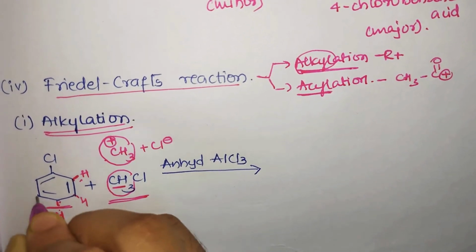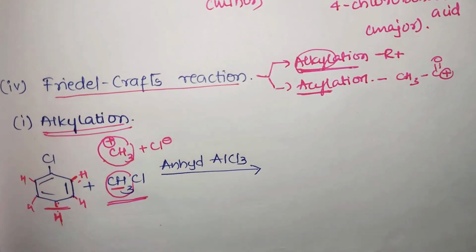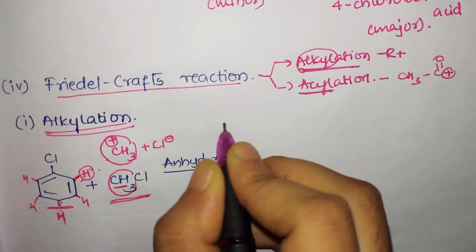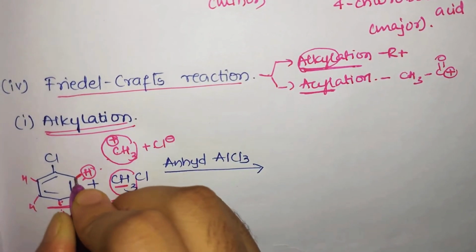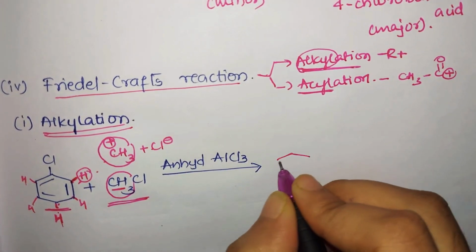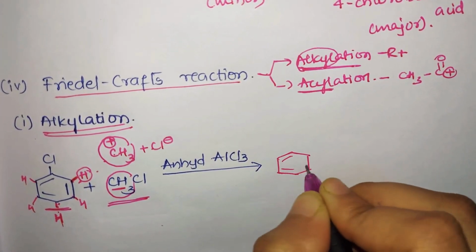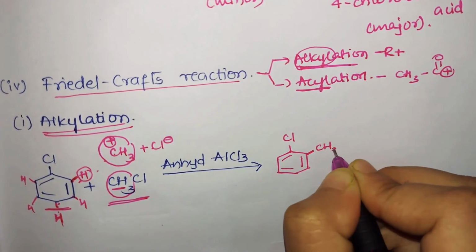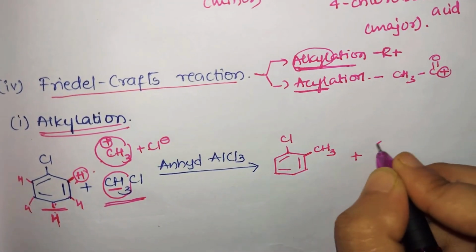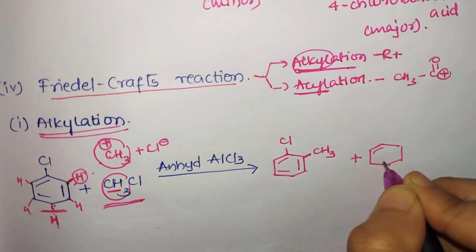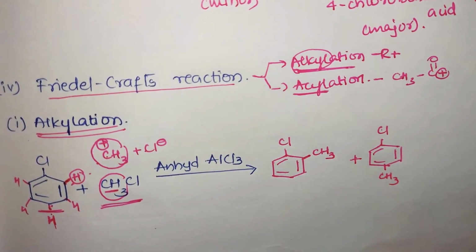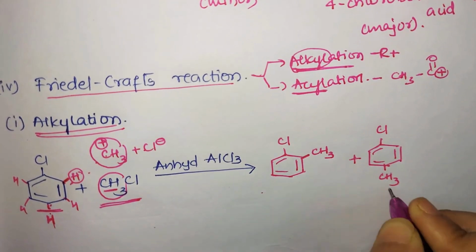We are calling it an electrophilic substitution reaction. That means H plus is present as an electrophile on the benzene ring. H plus is substituted by CH3 plus, and H plus is removed. This is why we call it electrophilic substitution. So here what are the two possible products? One is ortho and another is para. So CH3 we have written one at ortho, and the next will be at which position? It will be at the para position. So these are the two possible products.